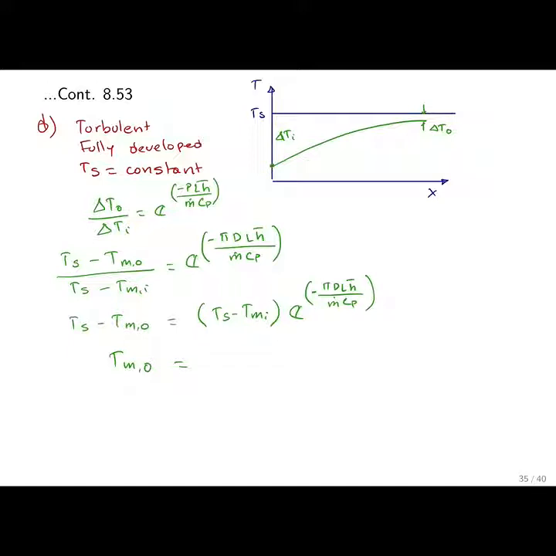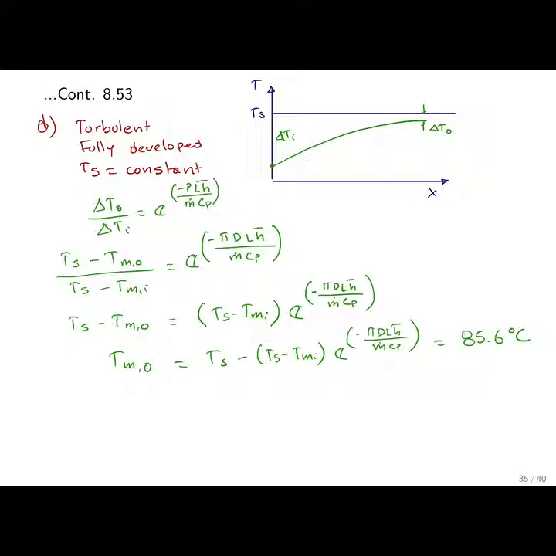This is going to be equal to the temperature at the surface. Because this is negative, we have to move it to the other side. So Ts is positive and the last term becomes negative: Ts minus Tmi multiplied by the exponential of minus pi D L h divided by the mass flow rate multiplied by the specific heat. And if we replace the values, that's going to give us a value of 85.6